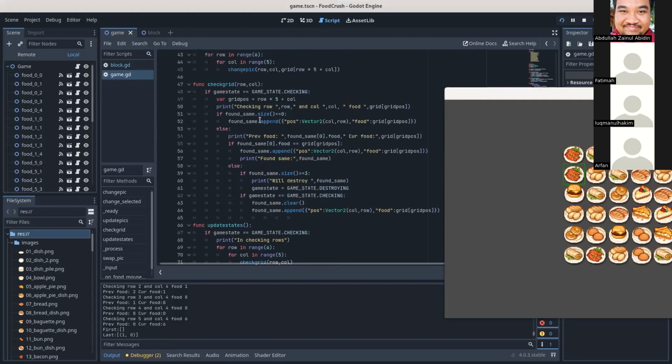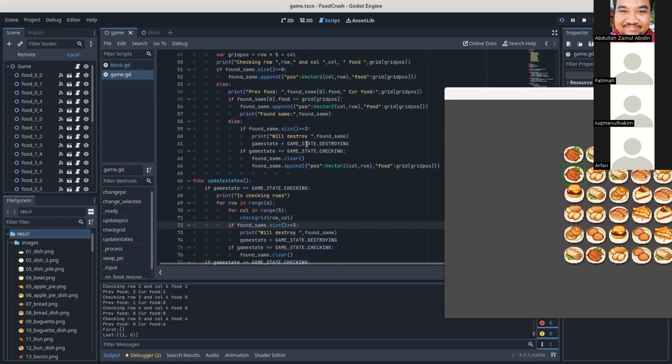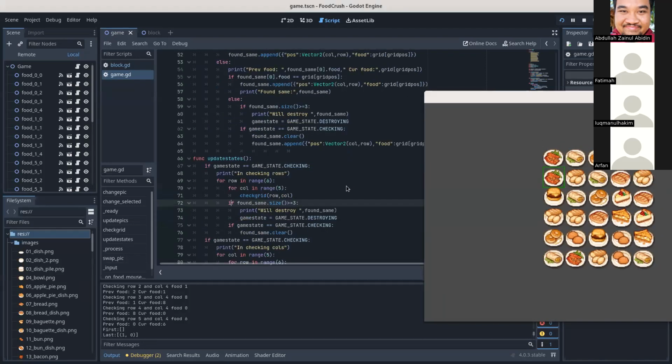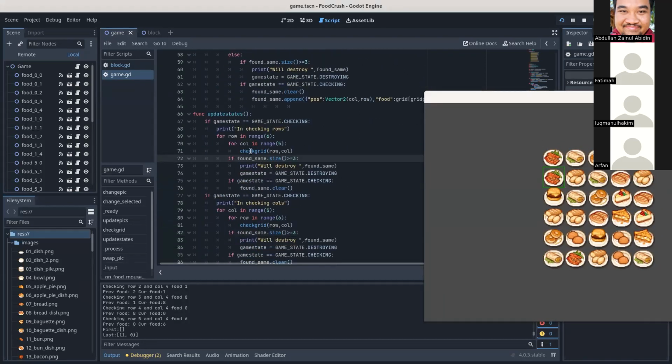Over here, it will add to the food, but it will never go to destroying, because when you found the third donut, it adds to the food, and then there's no fourth donut. So when it goes to check the next row, we have to make sure that those 3 donuts are destroyed first. So that's why outside of the check grid, we check again, the same check as over here,